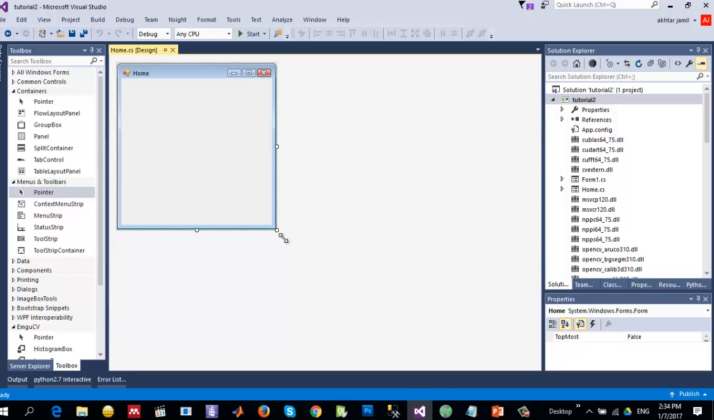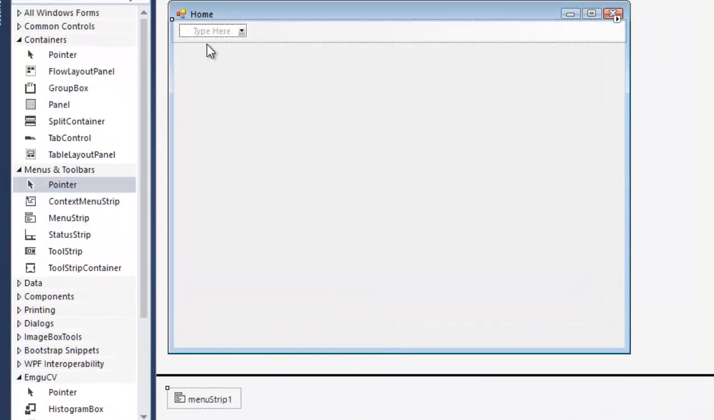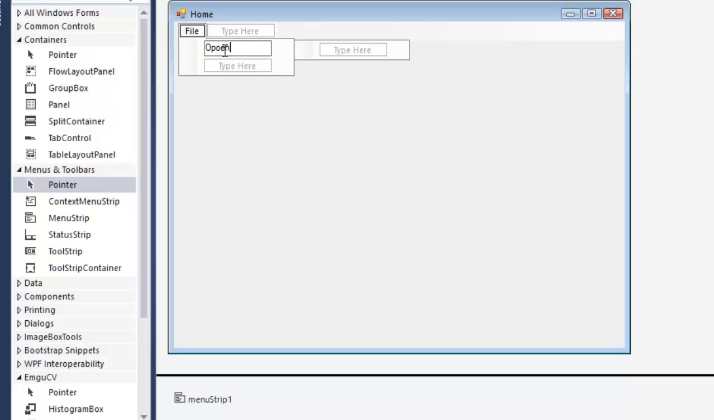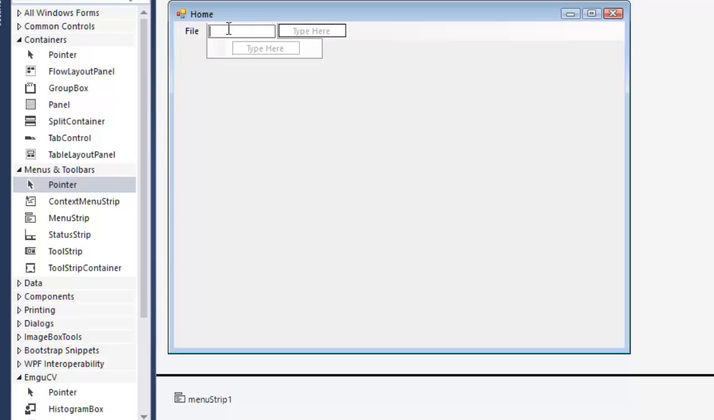What I want to do is let the user select an image, display it, and provide them a number of menu options to select edge detection algorithms. To do that, I just drag and drop a menu item and create a few menu elements. I want a File menu, then an Open menu item so that he or she can open an image file, and an Exit menu item to click and close the application. And for the edge detection,